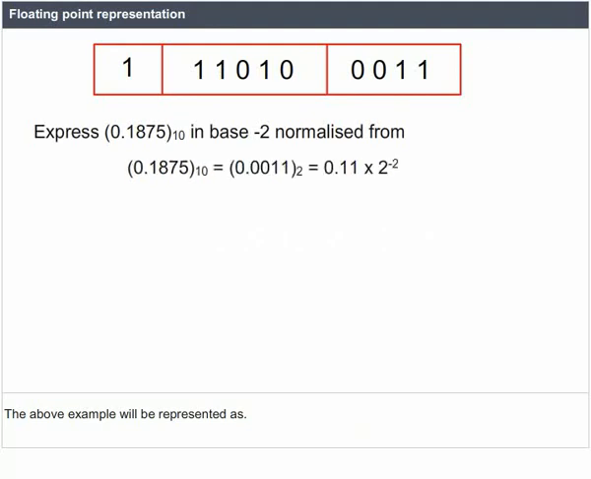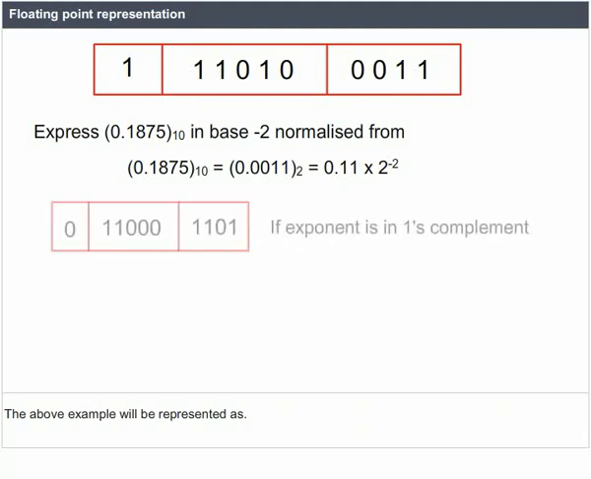0.1875 to the base 10 equals 0.0011 to the base 2, which equals 0.11 multiplied by 2 to the power minus 2. Assuming that the floating point representation contains 1-bit sign, 5-bit normalized mantissa, and 4-bit exponent, the above example will be represented as 0, 11000,